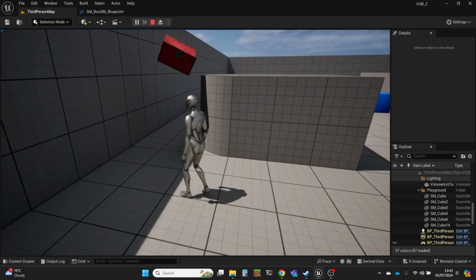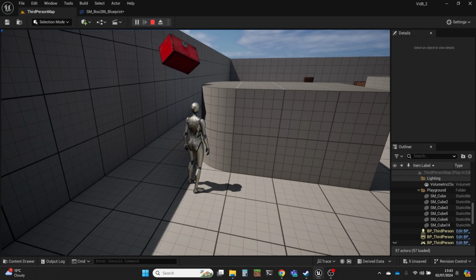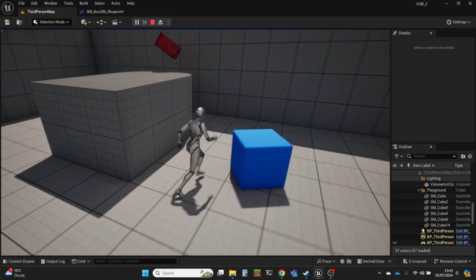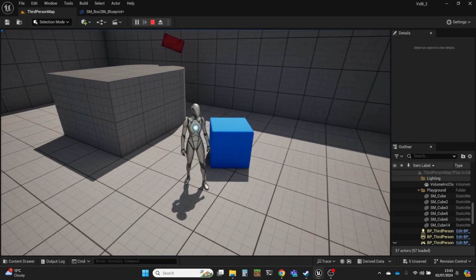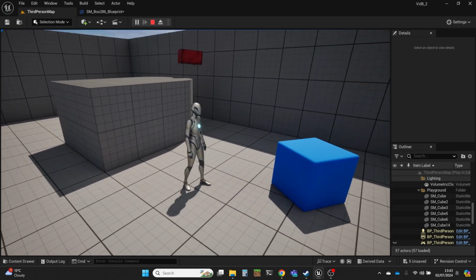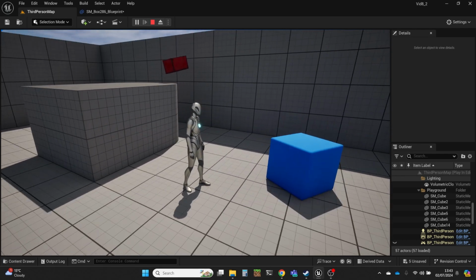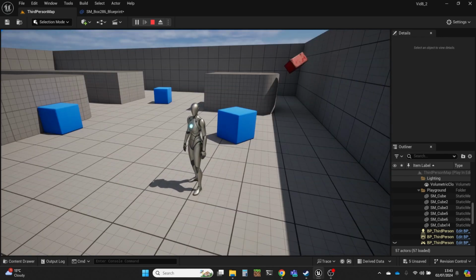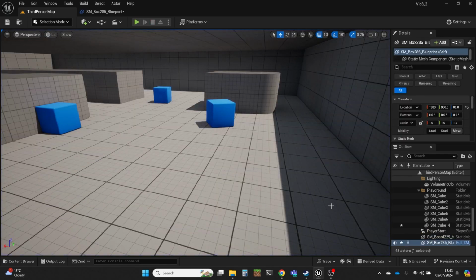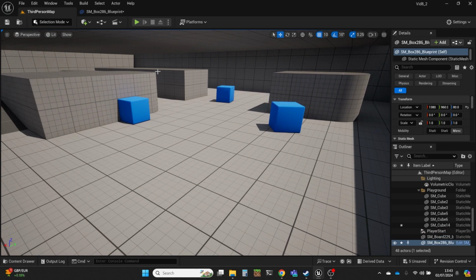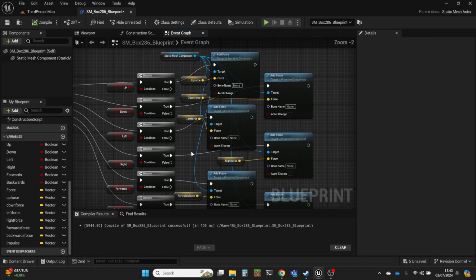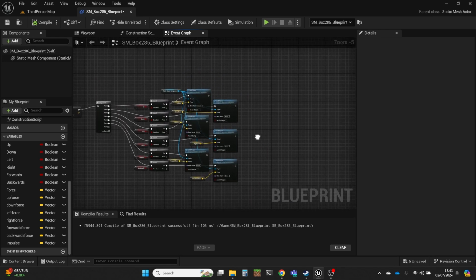That's exactly what we're going to do now, is we're going to go back into our blueprint and we're going to change it so that we're going to create a force that is compiled of all the different forces we want to apply to it, and then just apply that one force. And hopefully you'll see that it actually performs exactly the same. So let's go back into our blueprint, and what I'm going to do is I'm going to get rid of all this messy stuff here.